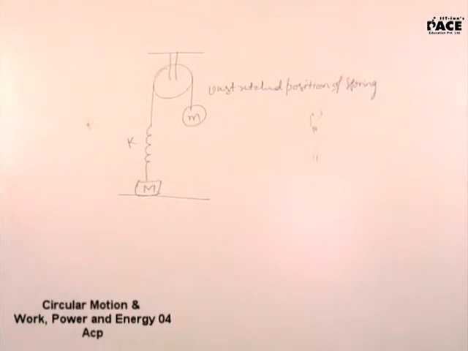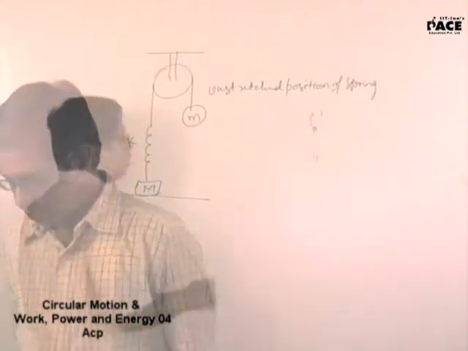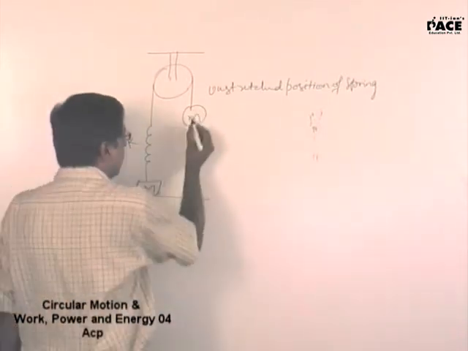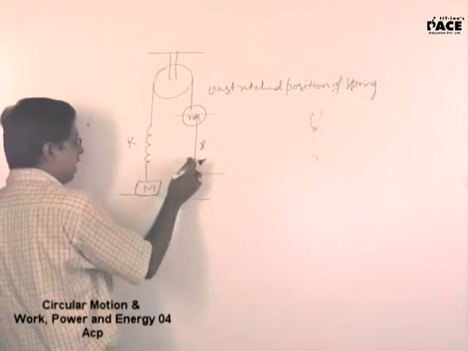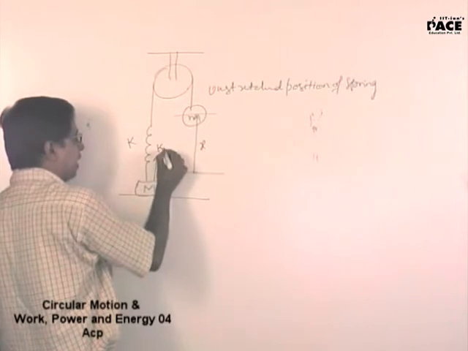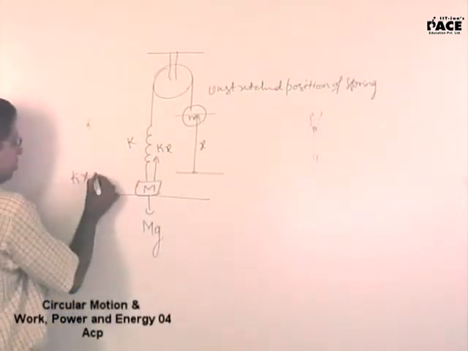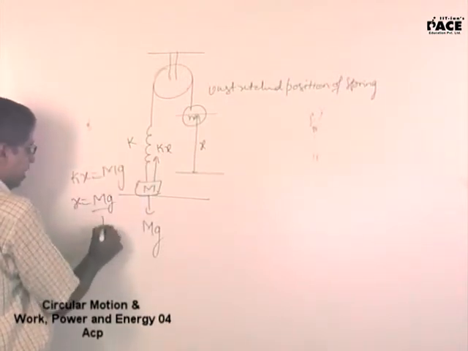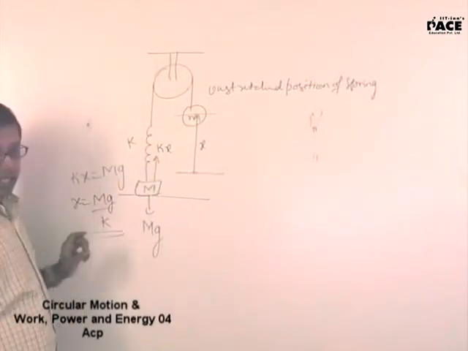So small m is equal to capital M by 2. By 2. Excellent. You are right. You are asking for the minimum value of small m. So that value of small m for which when it comes down by a distance of x, the elongation in the spring will be kx, which should be equal to capital Mg. When kx is equal to capital Mg, M will take off from the ground. This will be capital Mg by k. I should have that elongation of x for which capital M takes off from the ground.